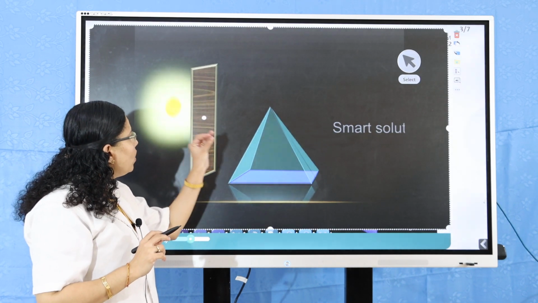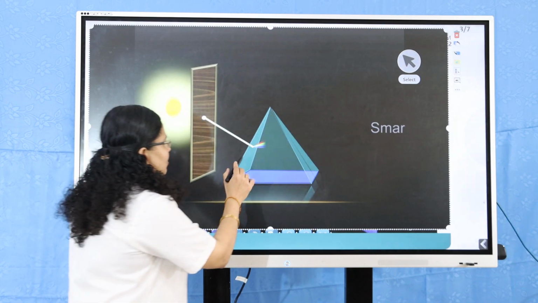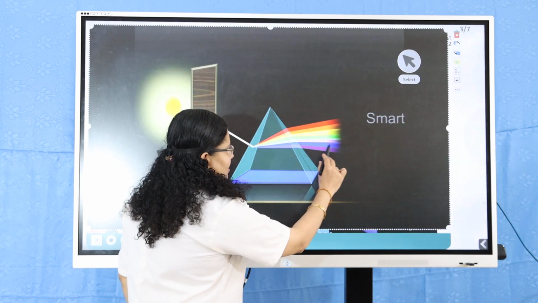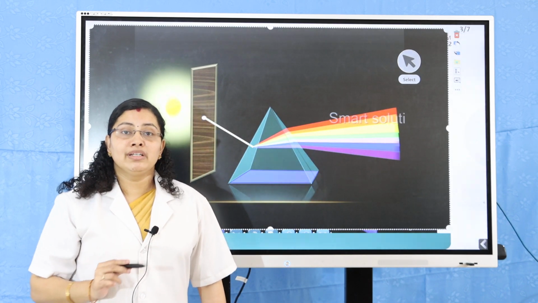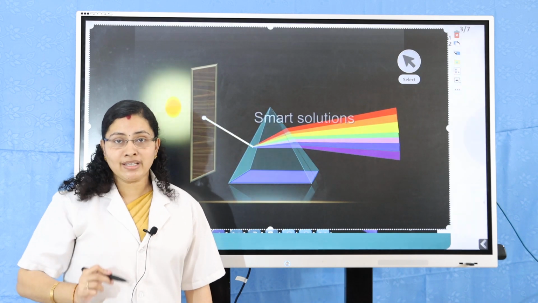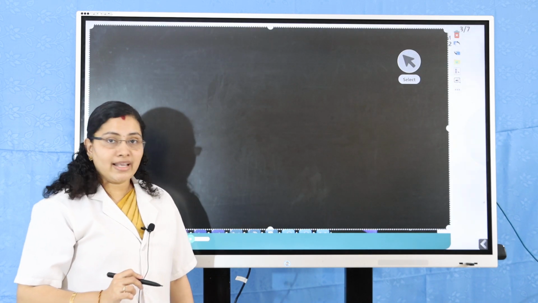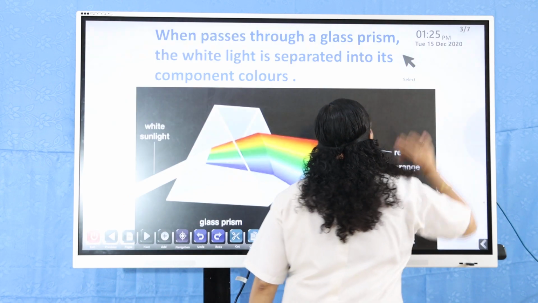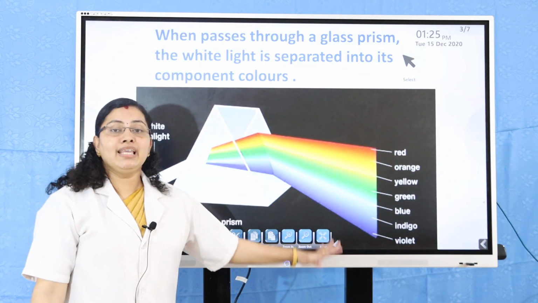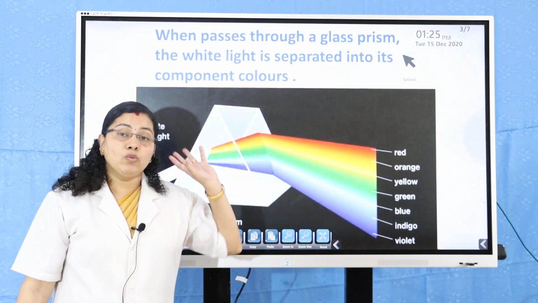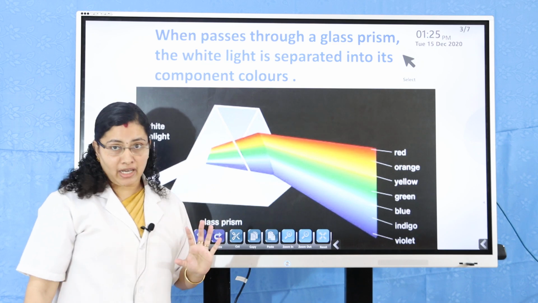That is, a small ray of light is passing through this prism, and as you can see, it's split into different colors. There are 7 constituent colors. So these are the 7 colors which white light is made up of.